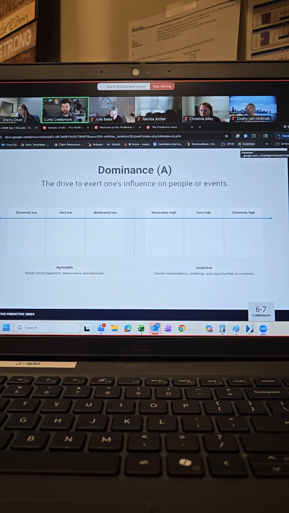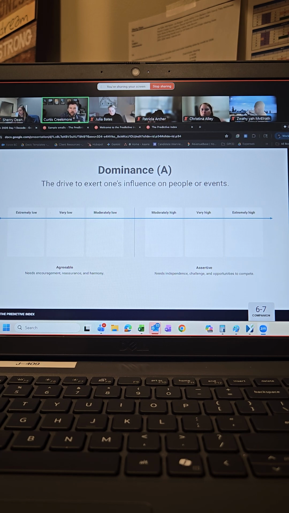In your workshop companion, this is where you're going to be able to see behaviors that are associated with each of the different drives. This is, I think, one of the most helpful tools. So workshop companion, pages 6 and 7, and it spans across the two. If you're looking at it on your computer through a PDF, it's a little bit more challenging to see. You'll have to flip back and forth. If you've got the hard copy right in front of you, open it up, and we're going to go through